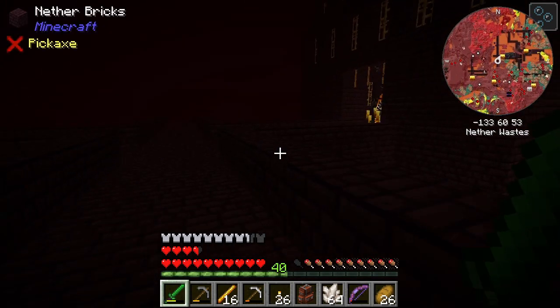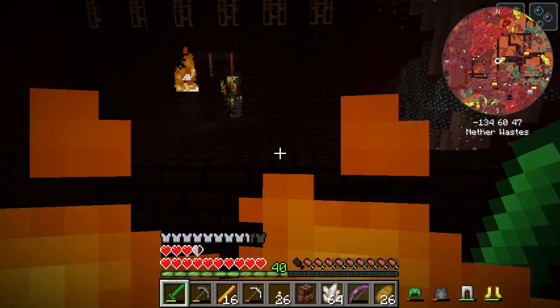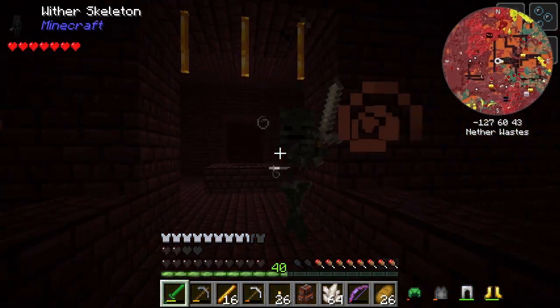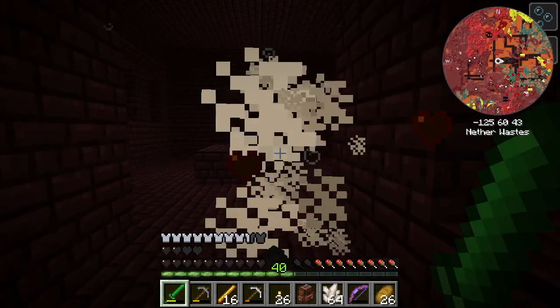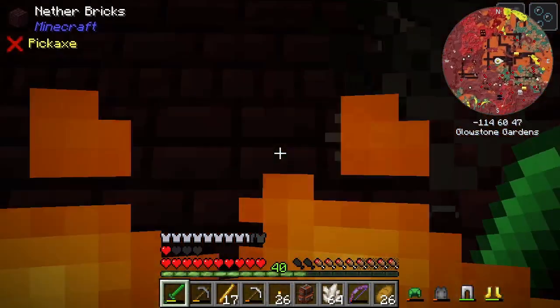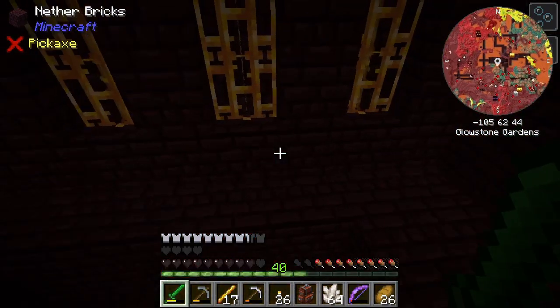Okay. Yeah, sometimes blazes can show up without needing a spawner. You know what else can do that? Wither skeletons. One thread first. Finished it. Okay. Get out of here before I get any...